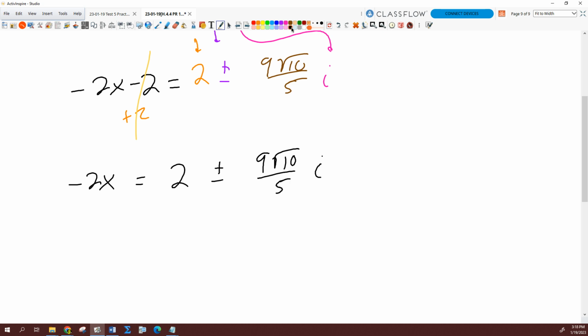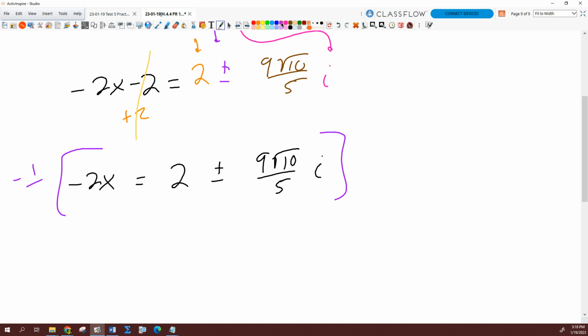Last step, divide by negative 2, which is fine. However, because I already have a fraction on this side, what might be more convenient than dividing by negative 2? Yeah, multiply by negative 1/2, right? Instead of dividing by negative 2, why not multiply by a fraction? It's easier to distribute a fraction than it is to distribute denominators, I think, right? Especially when you already have a fraction there. So we will just multiply the whole thing through